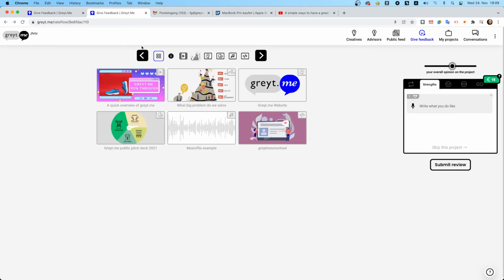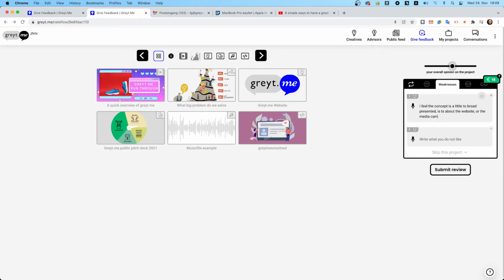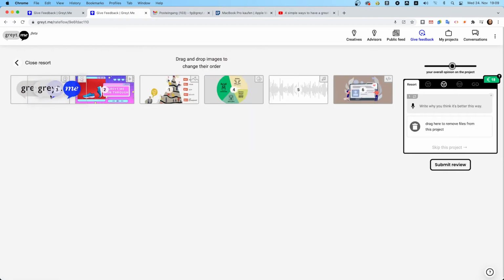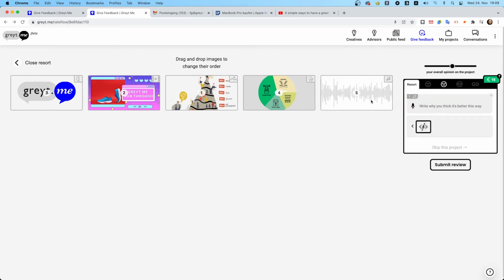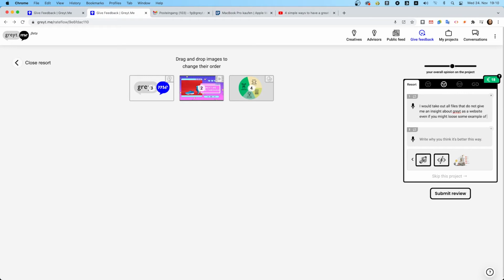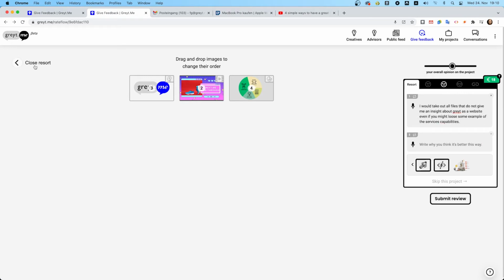Every work containing more than one file automatically gets a project status assigned. This is indicated by this grid icon. The project level is the best area for all conceptual criticism and ideas. From the project level, you can also enter our resort tool, rearrange the files' order, or take them out of the project's presentation. To stay insightful, it is very helpful to make clear why you sorted or took out files.